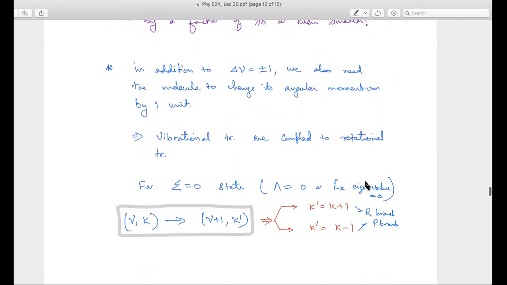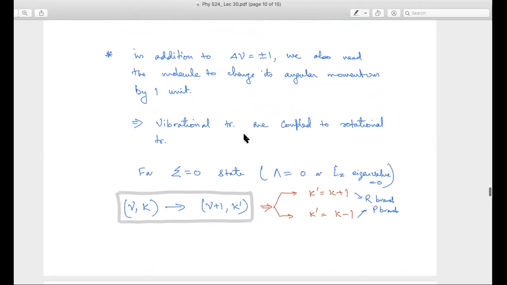Okay. So now let's go to more specifics: what are the states. Just like the Paschen and Balmer series, we will get here different series, which are called the P branch, Q branch, R branch, and so on. For historic reasons, whoever found them called them by those names. Okay. So suppose I am in the ground state of the molecule, which is the sigma state, or capital lambda equal to 0 state.